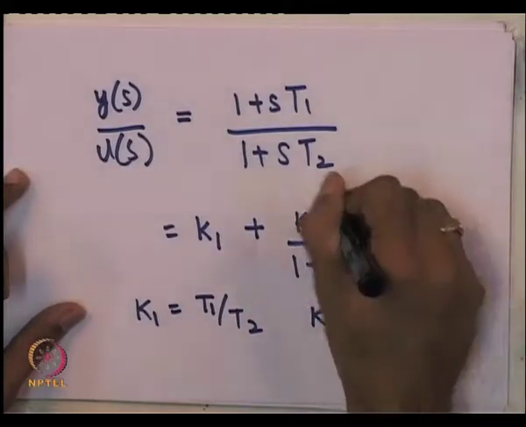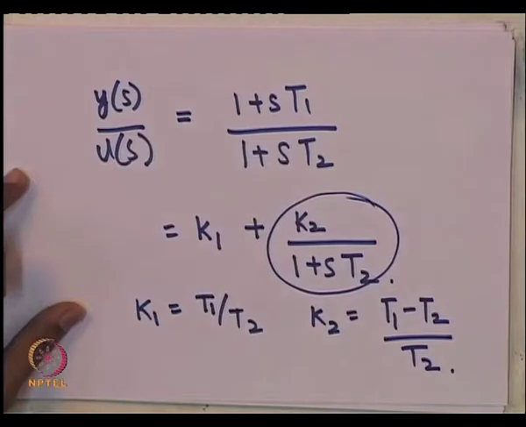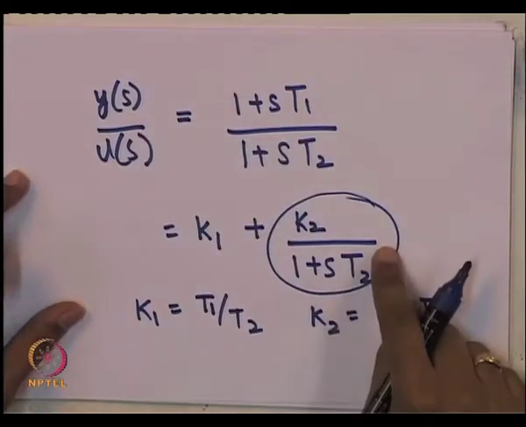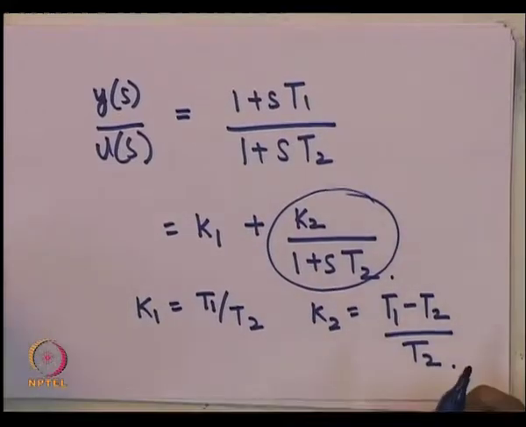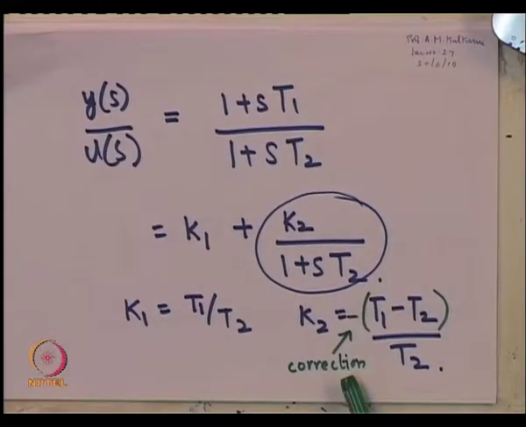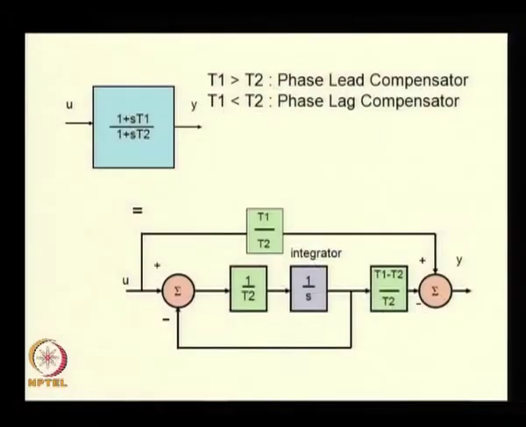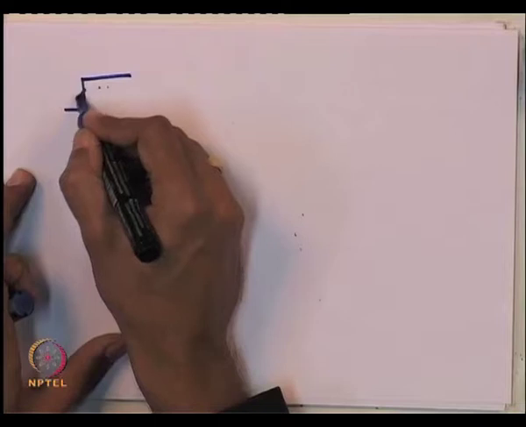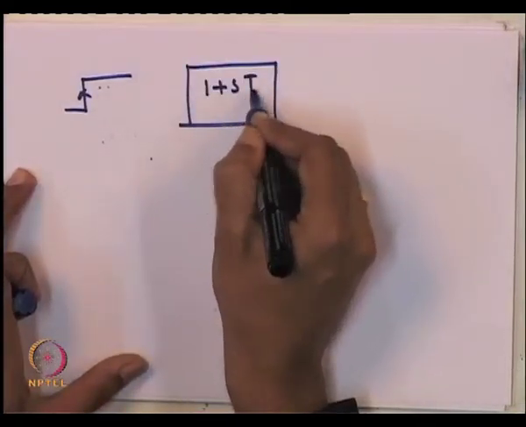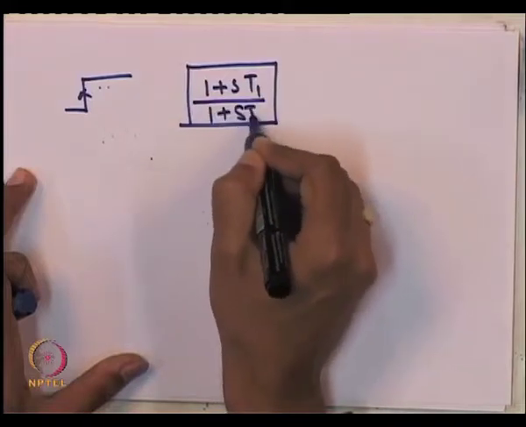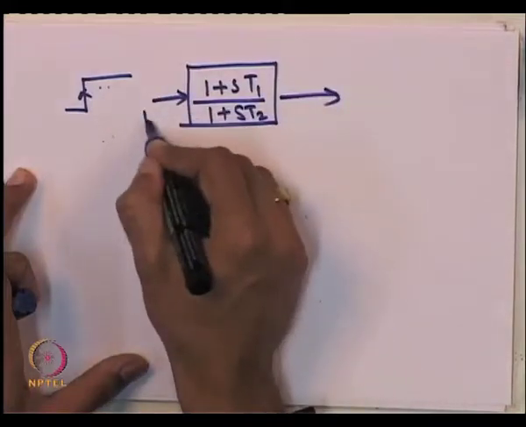This is the first order block which we have seen already. So, that is why we get this block diagrammatic representation in terms of the integrator as shown in this figure. Now, about the steady state response of this to a step change. If you give a step change to this transfer function 1 plus sT1 upon 1 plus sT2, what you will get at the output